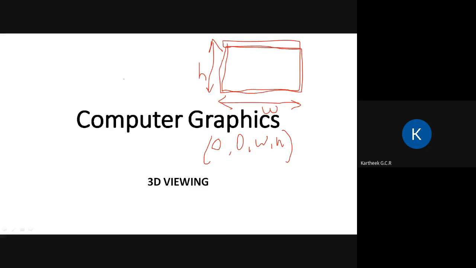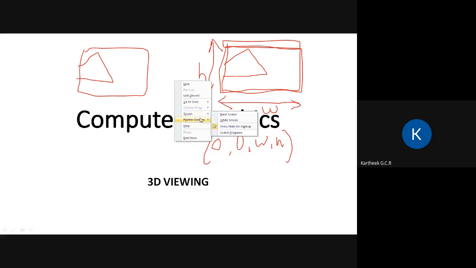That's why you see whatever clipping result you get from the world in the window like this. The complete scene is mapped to the complete window, because by default your viewport will be set to the initial window size that you take.